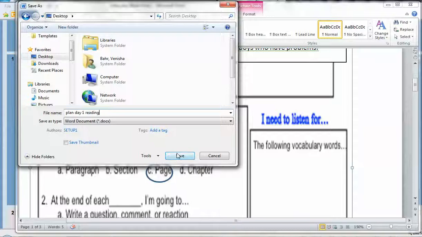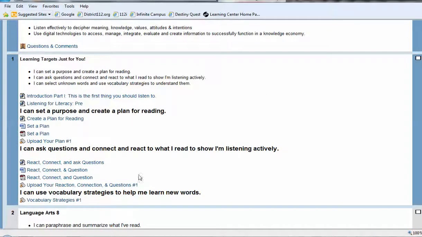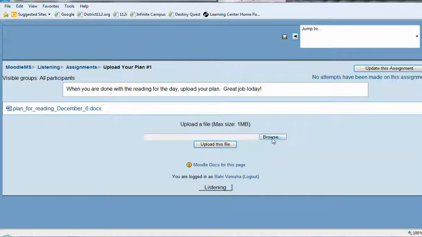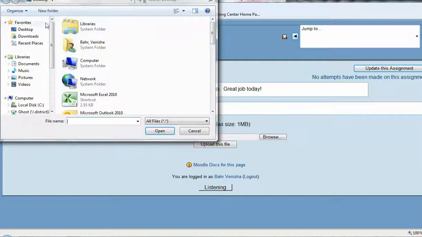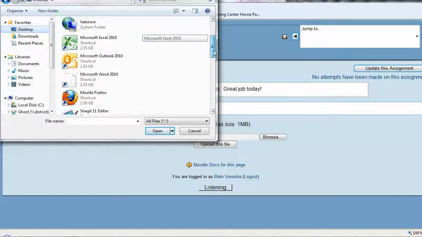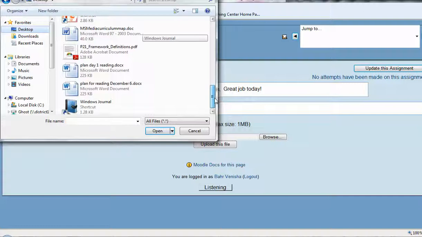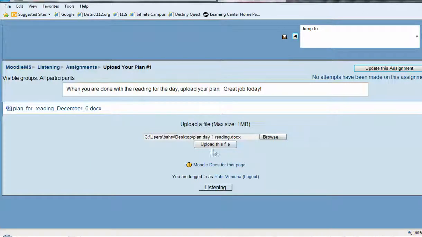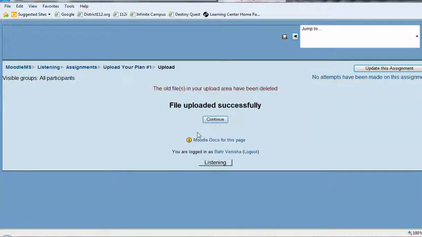And I save that. Then when I go back to the Moodle activity, I can upload the plan for my teacher to see. So I click on Browse. I go back to my file where I have stored it. And I look for that really nice title that I made, and it's called My Plan for Reading Day 1. There it is. If I click on that and upload it, it'll show that I uploaded it successfully. Now I can go do my reading assignment because I have my plan. Or, actually, sorry, I'm already done with my reading assignment, which